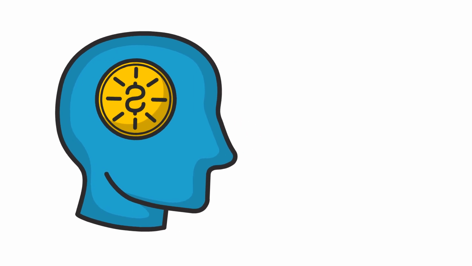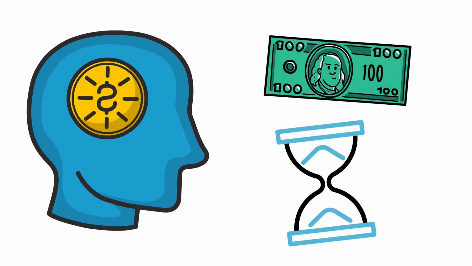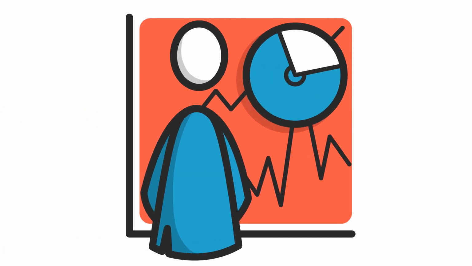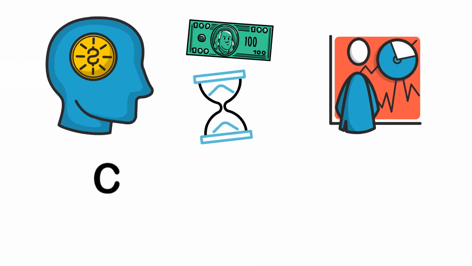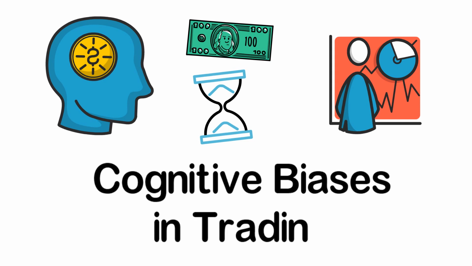Even though most people like to think that they are rational, most humans aren't very rational. Especially when money is on the line and time is scarce, human decision making can be very flawed. Trading is one of the fields where erroneous and irrational behavior patterns are especially common. In this video, we're going to look at the most common cognitive biases and irrational decision making patterns and how